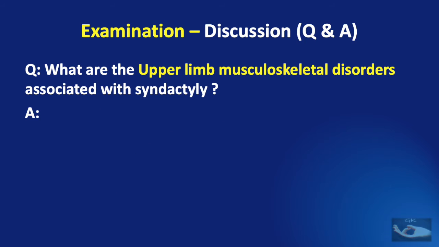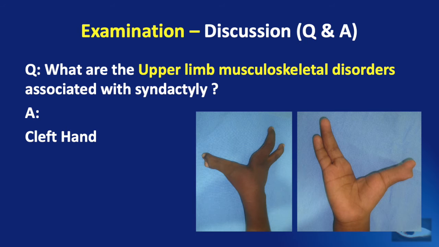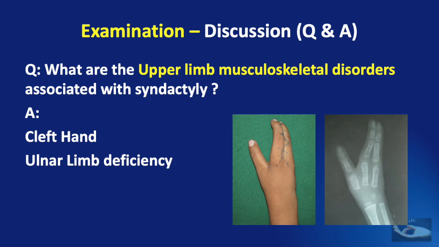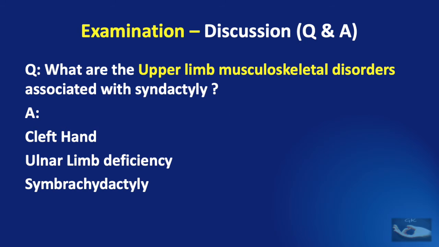What are the upper limb musculoskeletal disorders that could be associated with syndactyly? Sometimes syndactyly is not isolated, it may be associated with some other disorders. For instance, like cleft hand. Here there is a syndactyly between the thumb and the index finger along with the cleft hand. There could be an ulnar side limb deficiency as seen in this example, or there could be a symbrachydactyly or